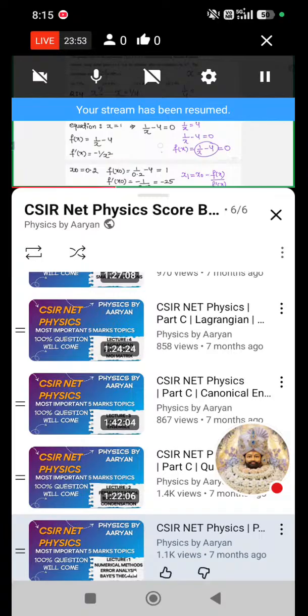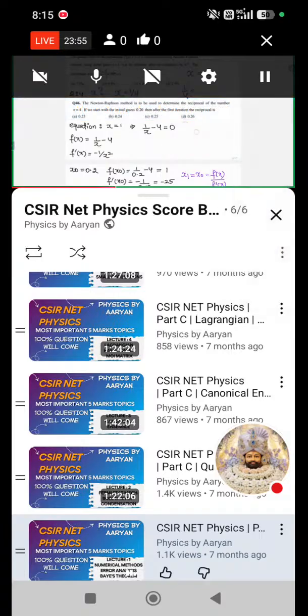is equal to 1 by 4 and chose as a function of z. So and then you